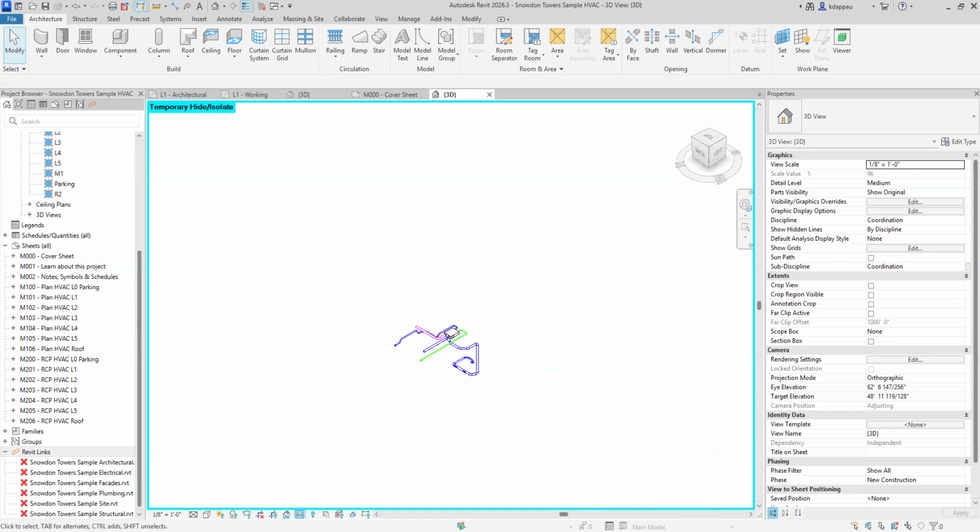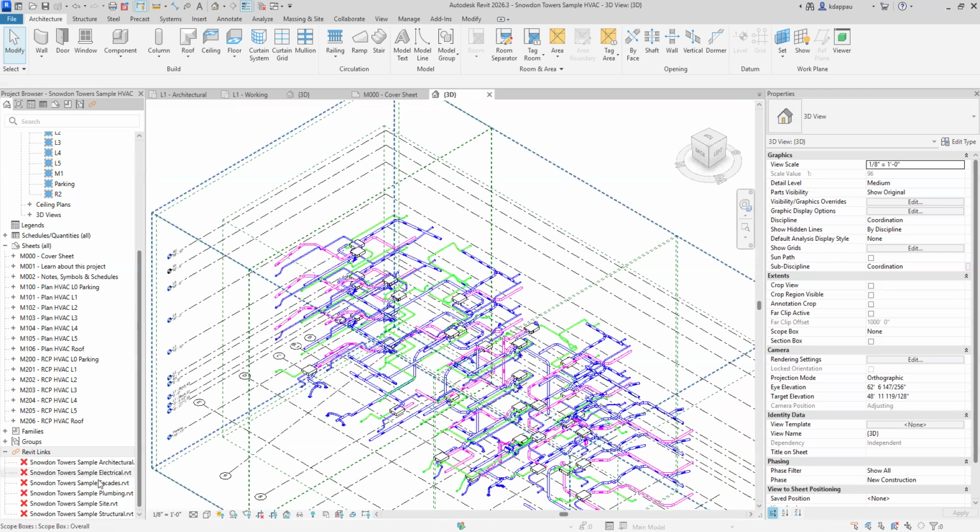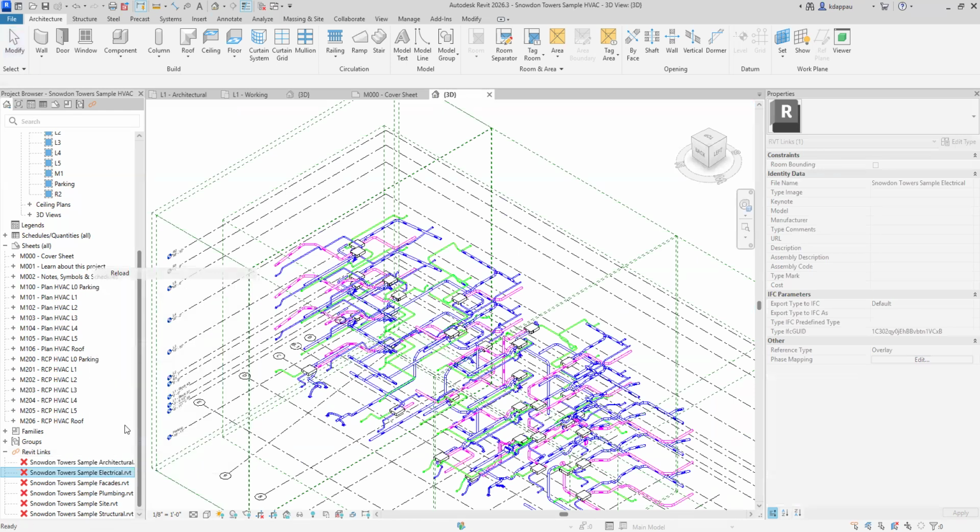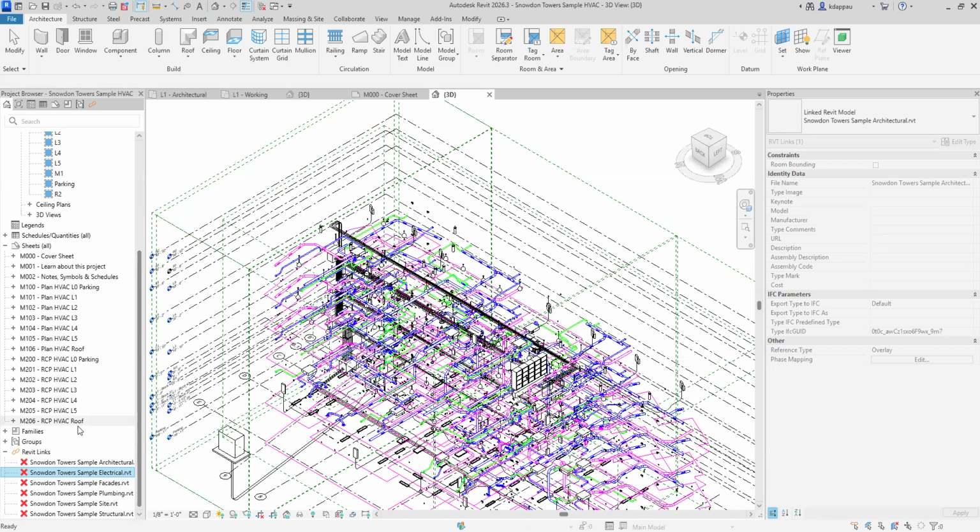Let me go back to reset, temporary or height isolate and show you something about electrical also. So you get a picture of where we are getting to. Maybe I might see cable tray. I'll go here, go to electrical, reload. When it reloads, I'll remove the mechanical from it. Okay, that's the electrical load there. So I'll go to the